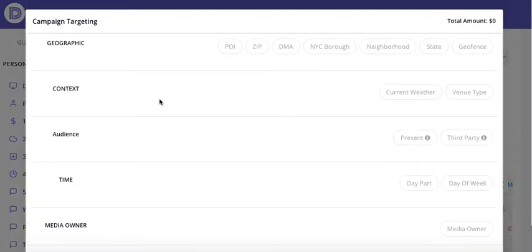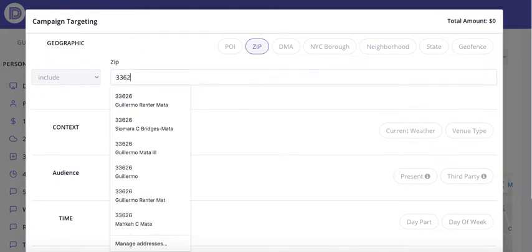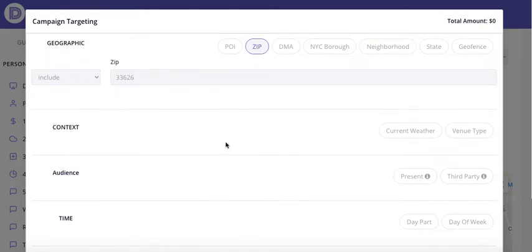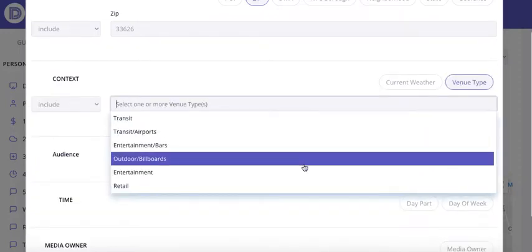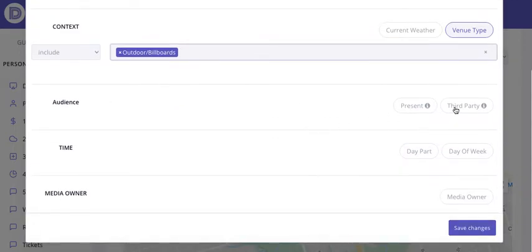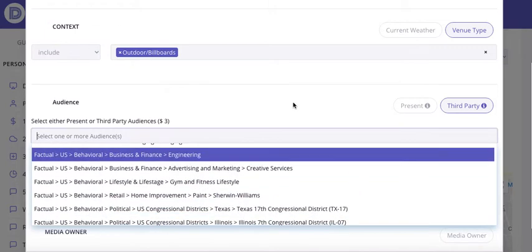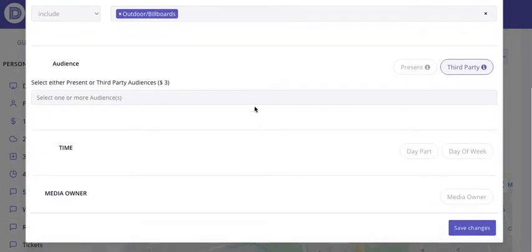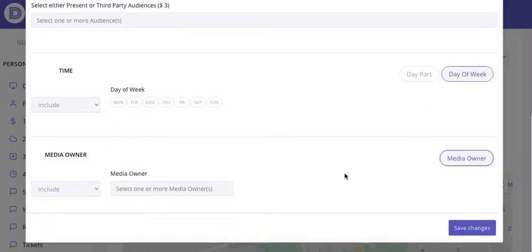The next thing you want to do is go into your more detailed targeting. So for this example, I'm just going to put 33626, just a random zip code. For the venue type, I'm going to go ahead and make life very easy on myself and just choose outdoor billboards, okay? I'm not going to specify any third-party audiences. As you know, we have over 500 plus behavior-based audiences. We have time and days of the weeks that you can set and over 100 plus networks that you can